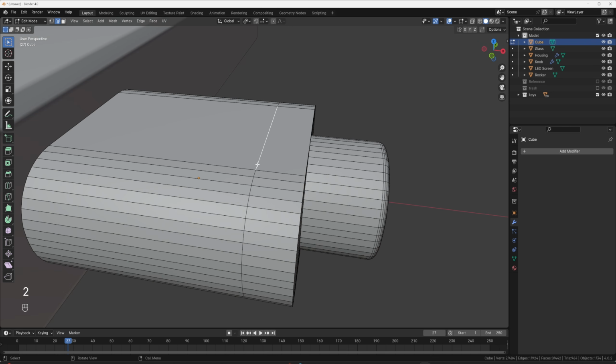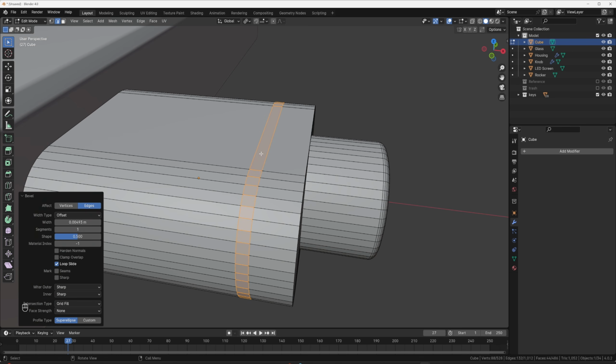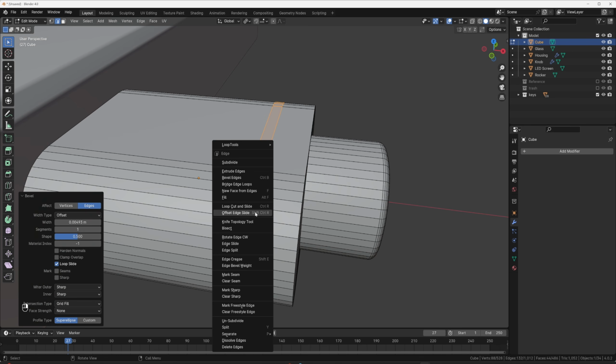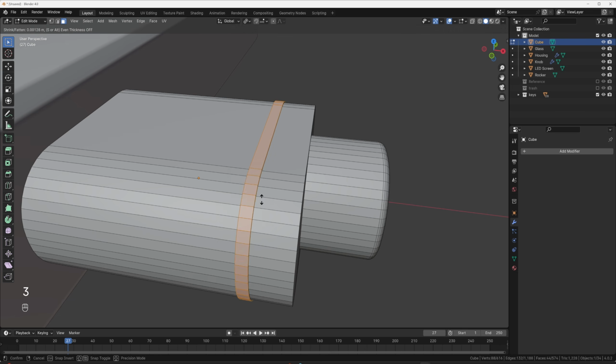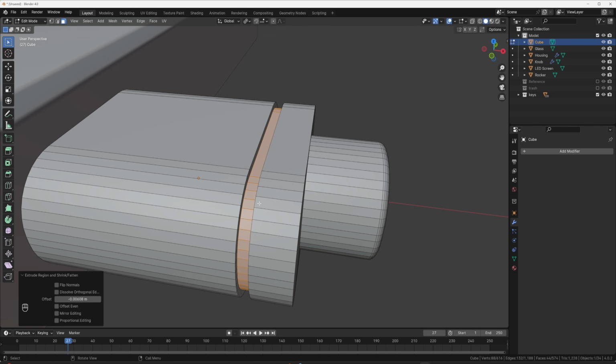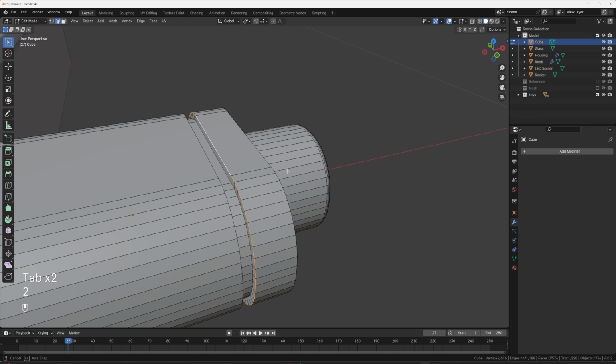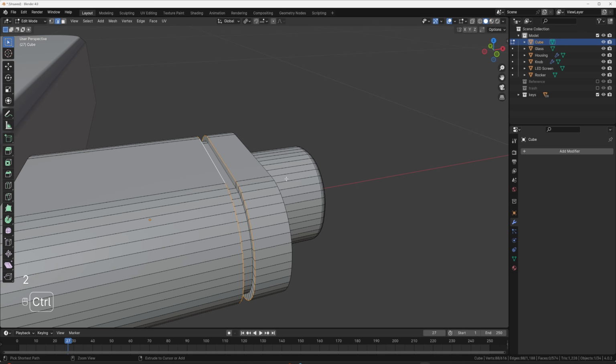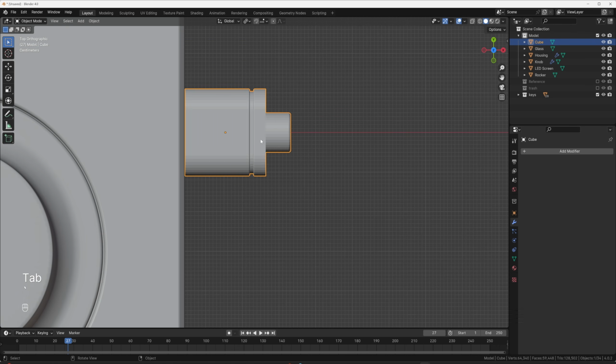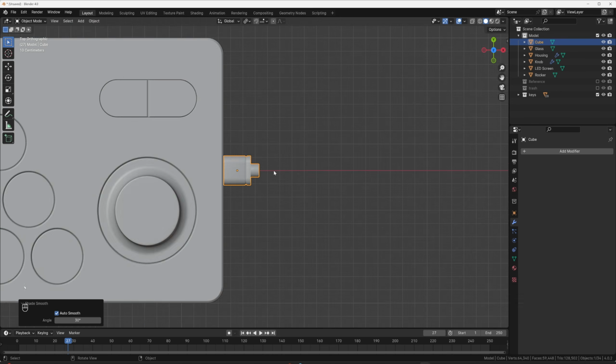But we do want to add this detail right here. Select this, Control B. Just make a little ridge here. And then while those are selected, right click, or 3, right click, extrude faces along normal, make a little inset detail. And then we could grab these two and then Control B, bevel them like that. The last thing that we want to do, we can right click, shade auto smooth.